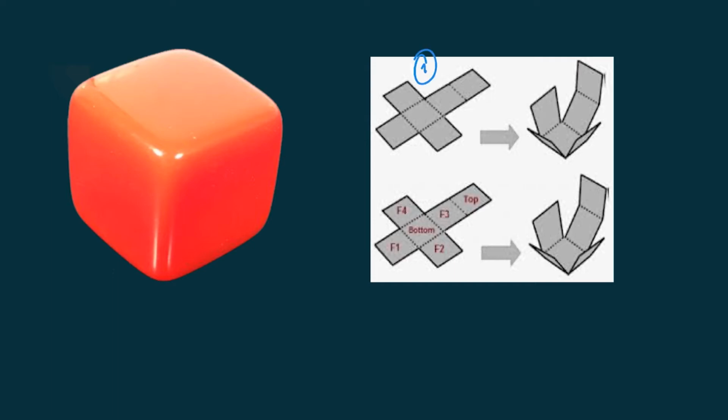You can see a cross-shaped figure, and at one end it is slightly longer than the other end. One important thing you should remember from this figure is that the square at the end of the longer end forms the top of the cube,